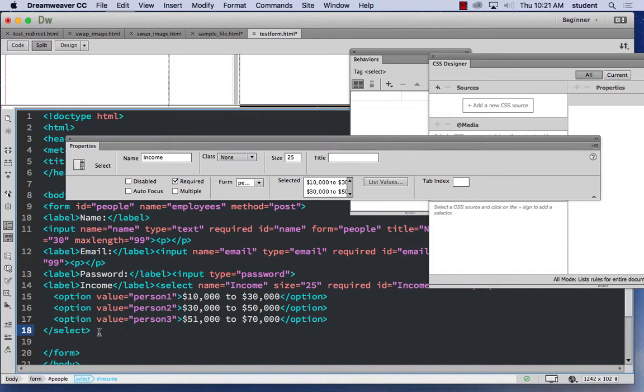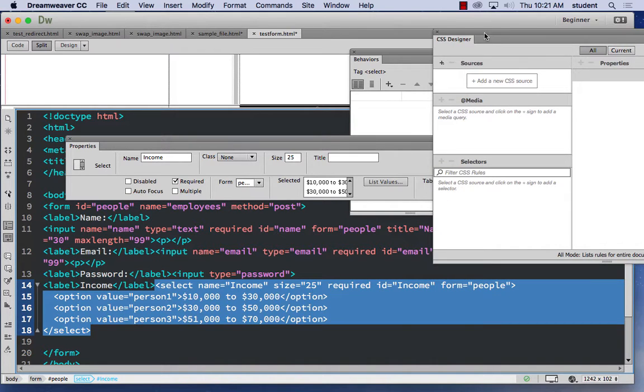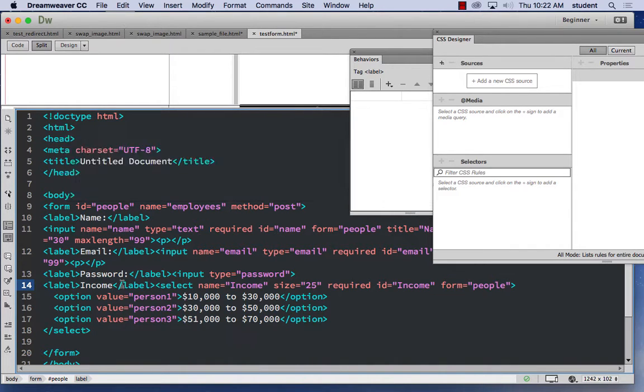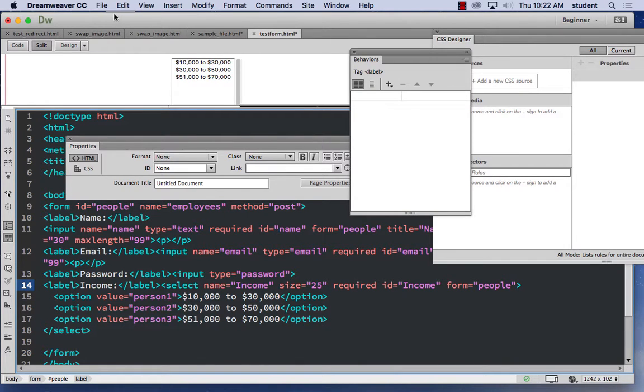Okay, so if you're going to hand code that, again, it's called select menu, and it is used to give you a pull-down menu. It's called select, and I have a label next to it. And so if I save it and I preview it,